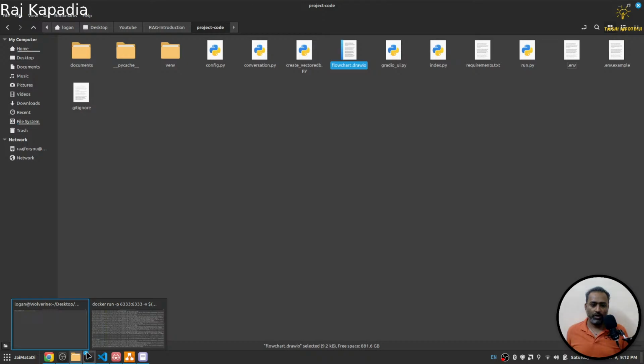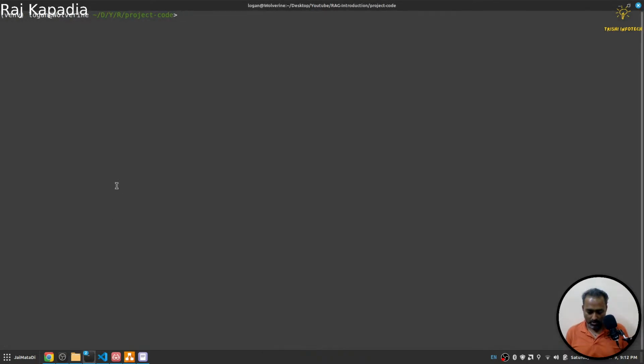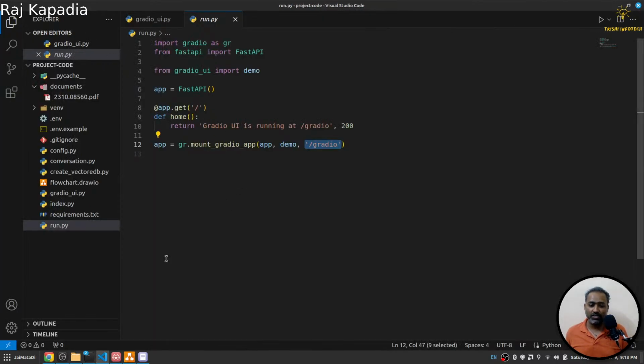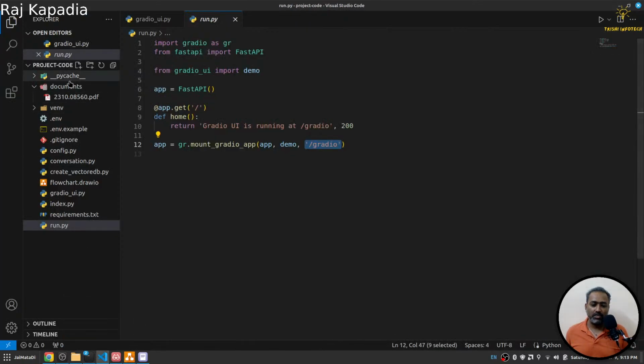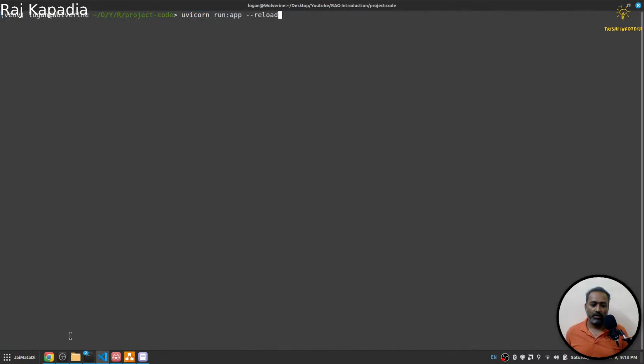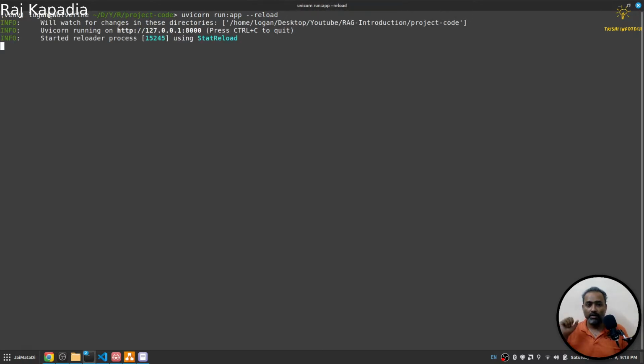So now, I'm in my terminal, and I'll say uvicorn. FastAPI applications can be run using uvicorn, and I'll say run. This is my file name. Mount my file name as application, and I'll say --reload, so that in case I make any changes to any of these files, it will reload the server. I'll hit enter,